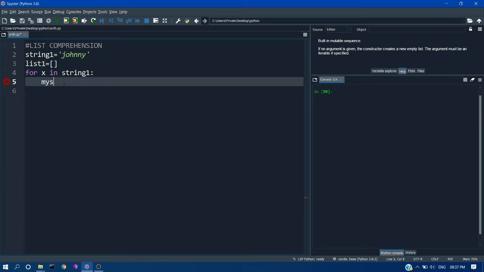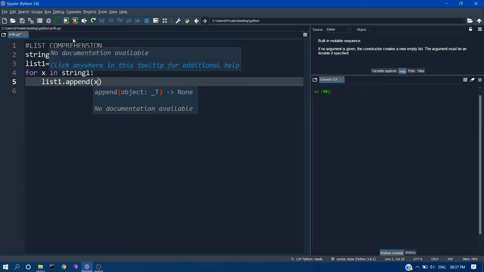Now the variable x will hold each character of the string. Here we are going to append each character to our empty list1: list1.append, and we pass the value x. So each character will be appended to our empty list and we will get our final list.